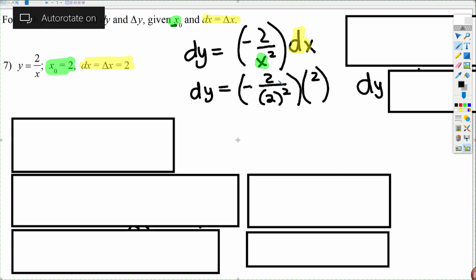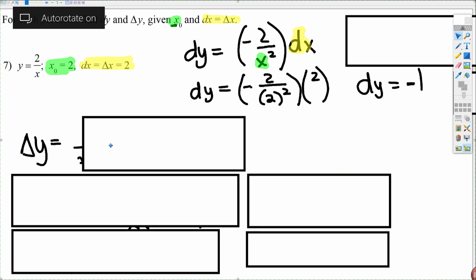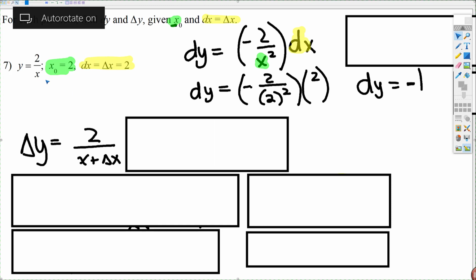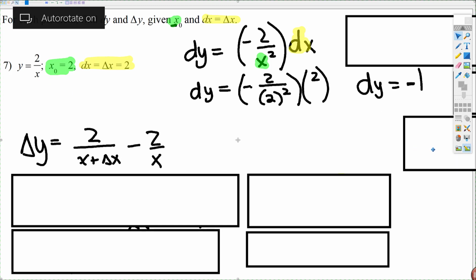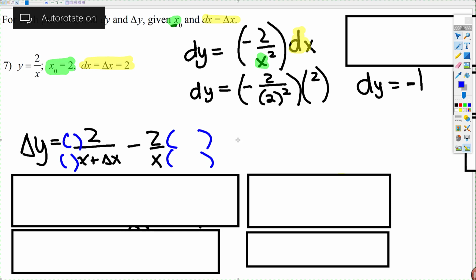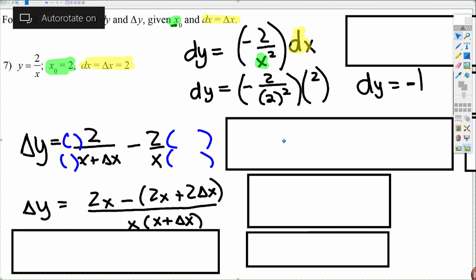Well, this just becomes negative 2 times 2, which is 4. So negative 4, and 2 squared is 4. So dy is equal to negative 1. And now you're going to find the delta y. And remember, the delta y is the original function over x plus delta x, subtract the original function, 2 over x, and then remember these denominators need to be the same, so you're going to multiply that top and bottom by the x plus delta x, and this one top and bottom by the x. And when you do that,